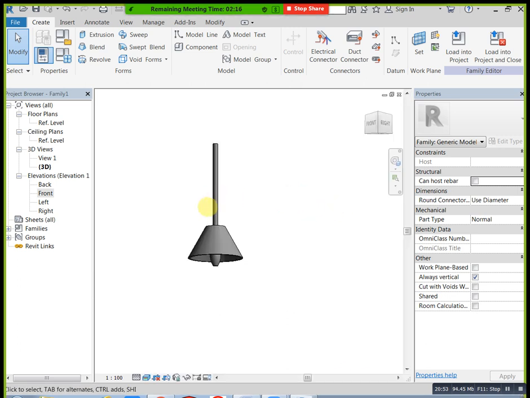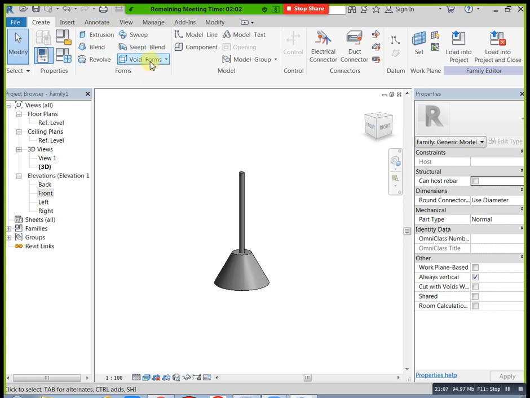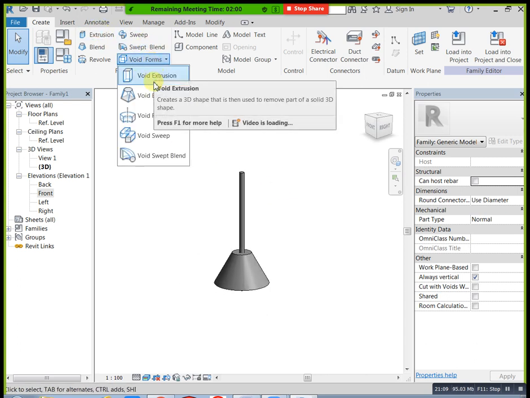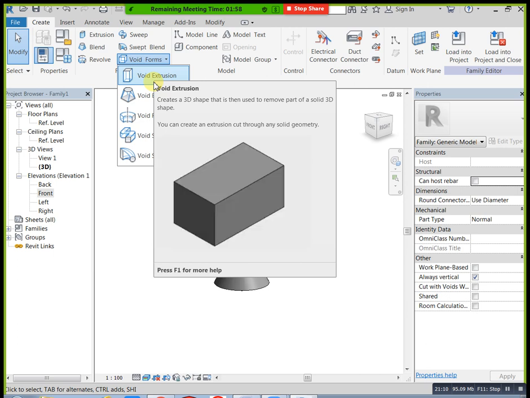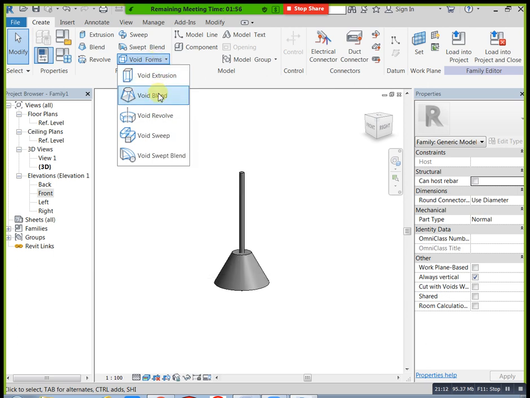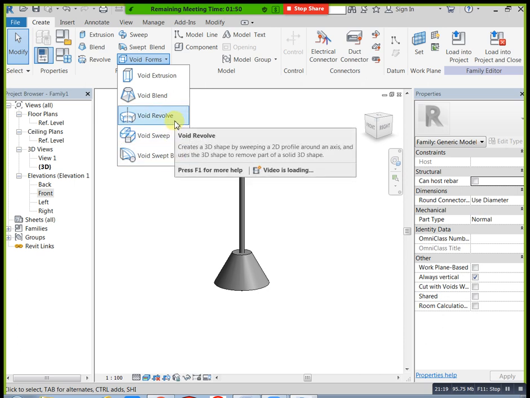Is it clear up to here? Is there any doubt in this? We completed void blend, and at the same time void extrusion. We completed these two. Tomorrow I will explain these three and one more topic also. Clear? Today you will practice up to here only. I will send videos to you also. Today you will practice all the remaining too. Yesterday I told you, you can practice all that.